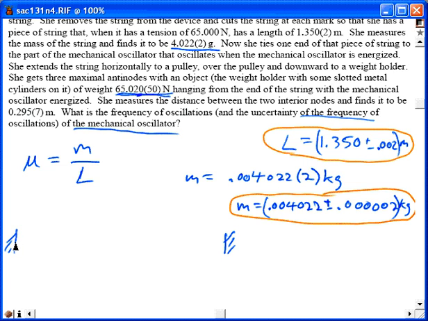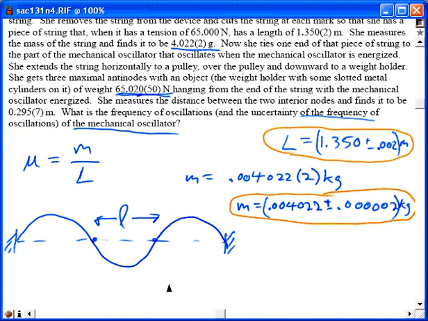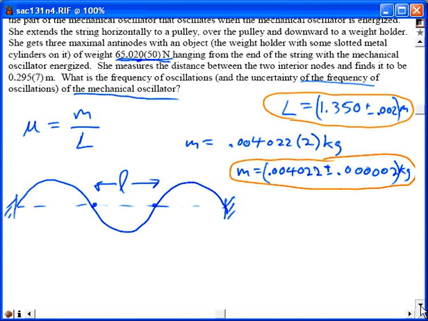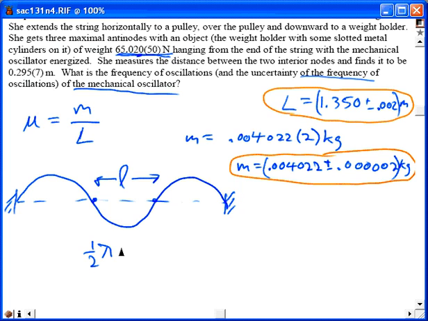does the experiment, gets a nice standing wave in there with 3 antinodes, about like that, measures the distance, I'll call it little l, between 2 interior nodes. There are only 2 interior nodes, so she measures that distance l, and we can see that that's a half a wavelength. So I'm going to write a half a wavelength is equal to l, or lambda is equal to 2l, where the little l